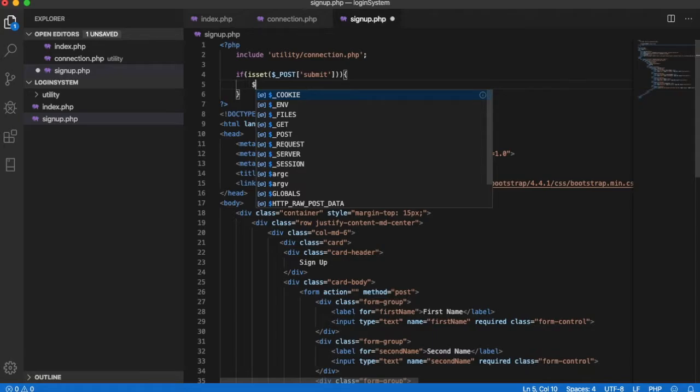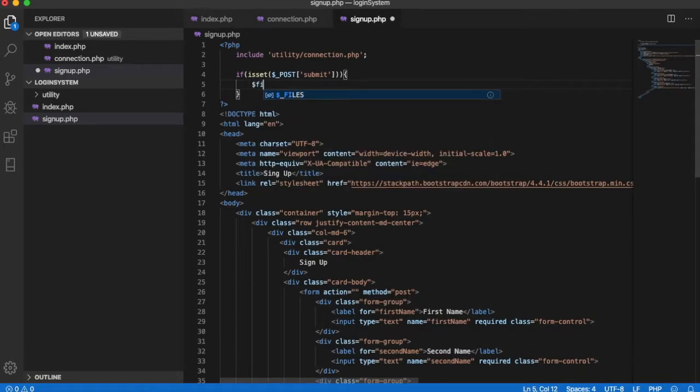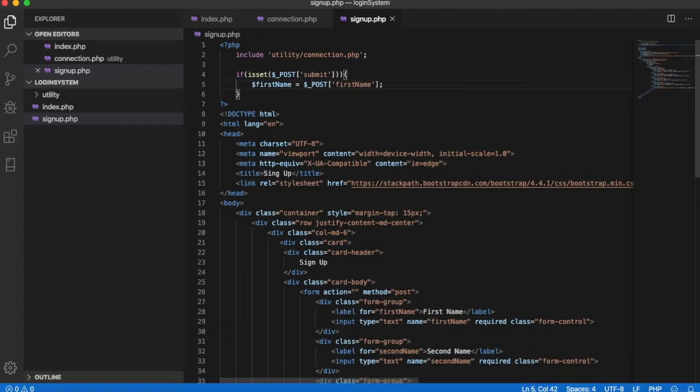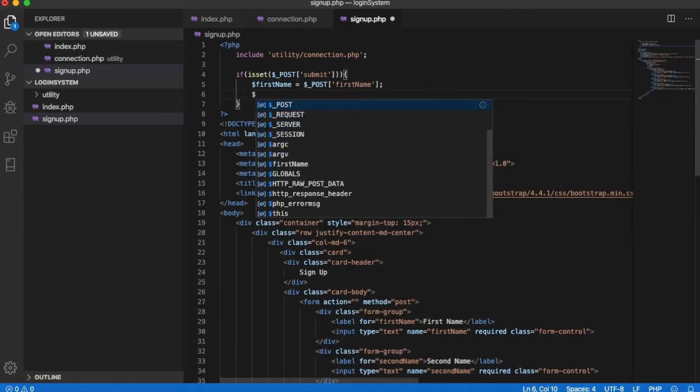So first of all, let's say first name, and first name will be from post variable, and name will also be first name. So we're getting the data from post method and storing into our own